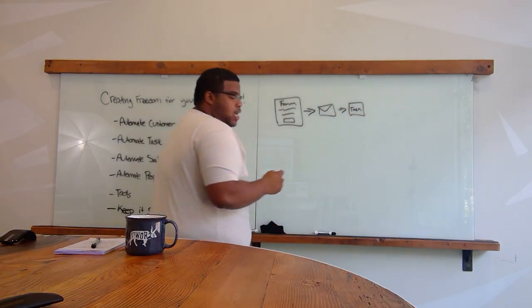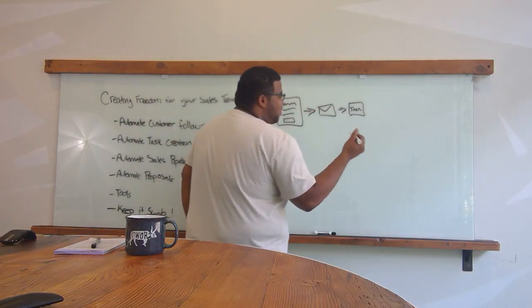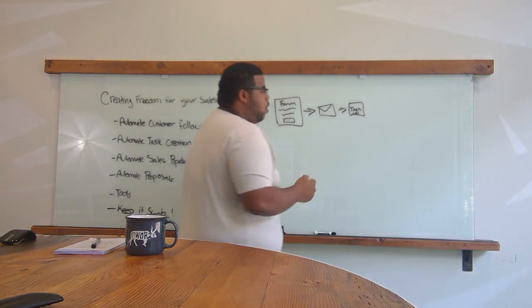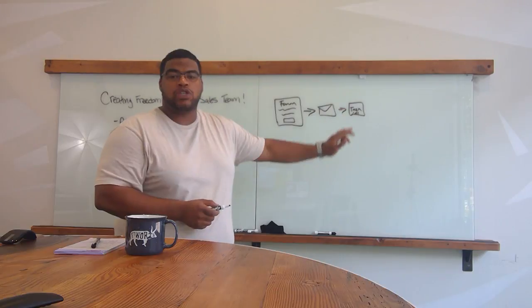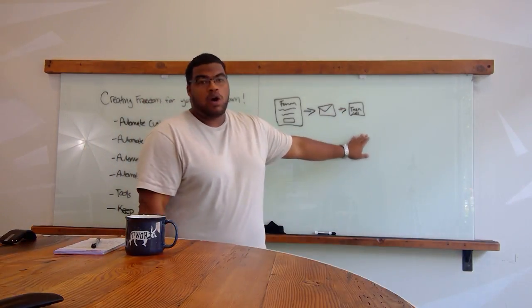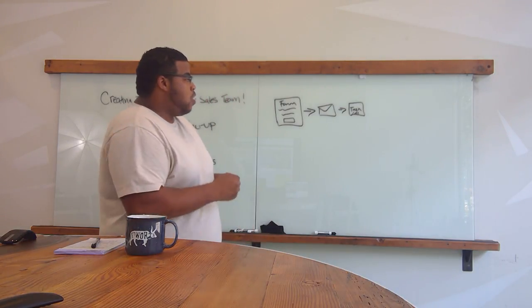And guys, please forgive my drawing. So we're going to create a task, and we want to call them. So let's go ahead and create a task to call them. As soon as they fill out that form, we're going to send them an email confirming, hey, we got your information. What's a good time for us to talk? But we're going to go ahead and give them a call right away as well. So we're going to set a task for our sales team to call this customer.